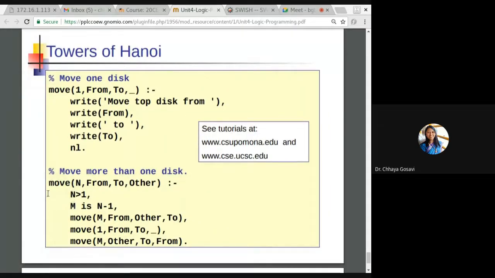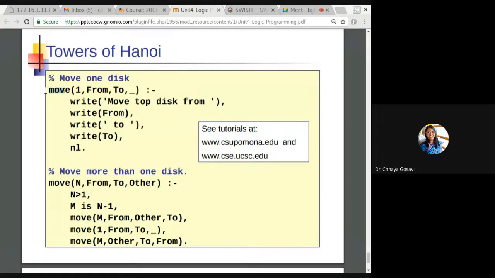This is again an interesting problem. You're familiar with Tower of Hanoi? There are 3 towers and 4 discs, and you have to arrange the discs such that the minimum disc should be on the top, minimum should not be at the bottom, maximum should not be on the top. You have to swap a list from one tower to another tower such that you can arrange it properly into a single tower. There are 3 towers, A, B, C, and 4 discs. And you have to arrange the discs as per their hierarchy.